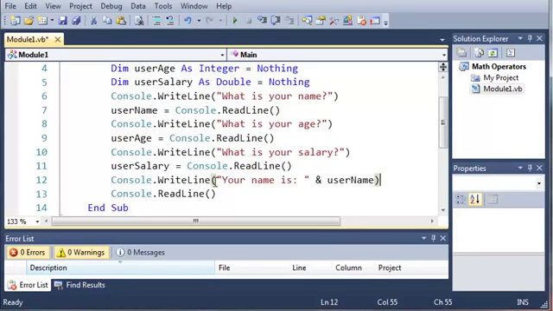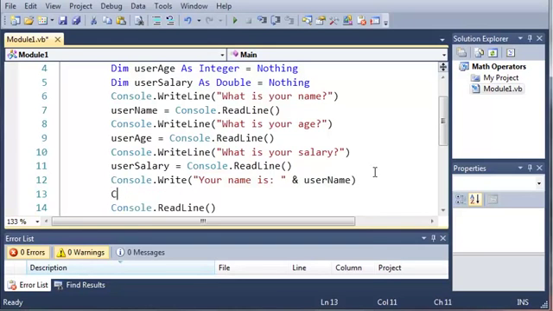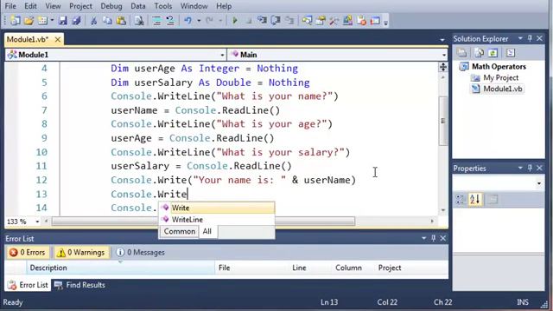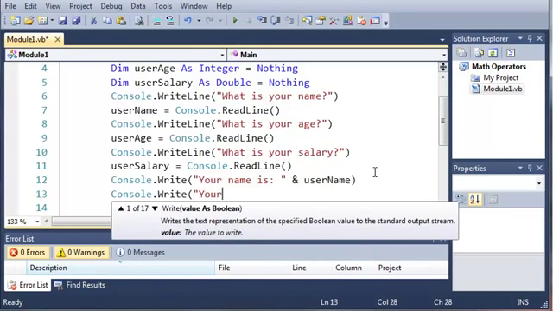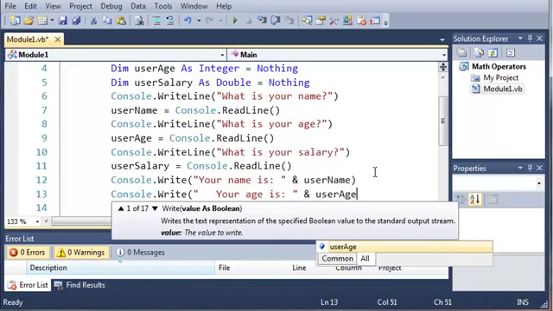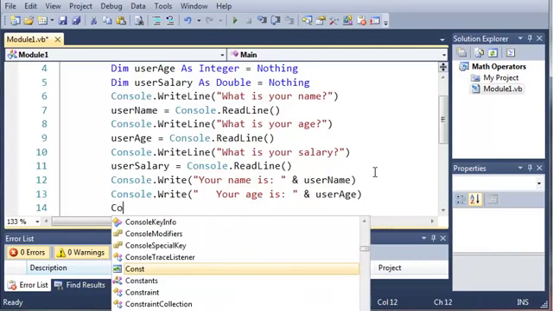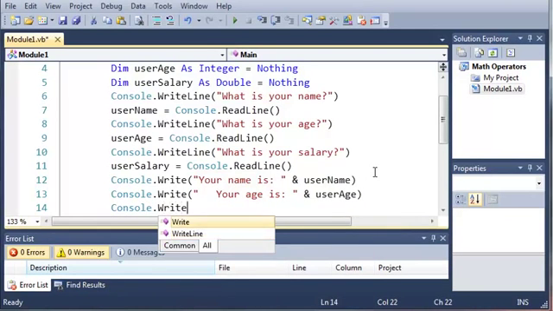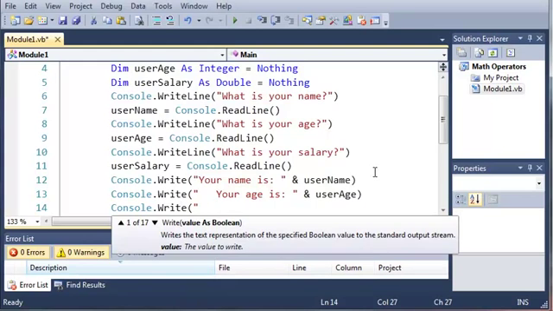And let's go ahead and take out line here, and then we'll do console.write, let's just add a couple spaces, "your age is," and then we'll just add user age, and then console.write again, "your salary is,"